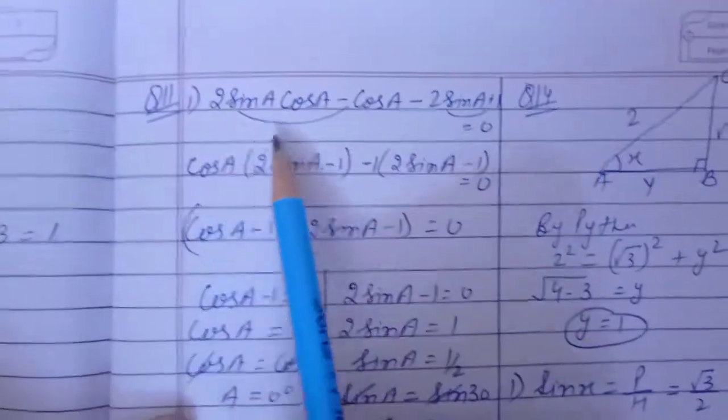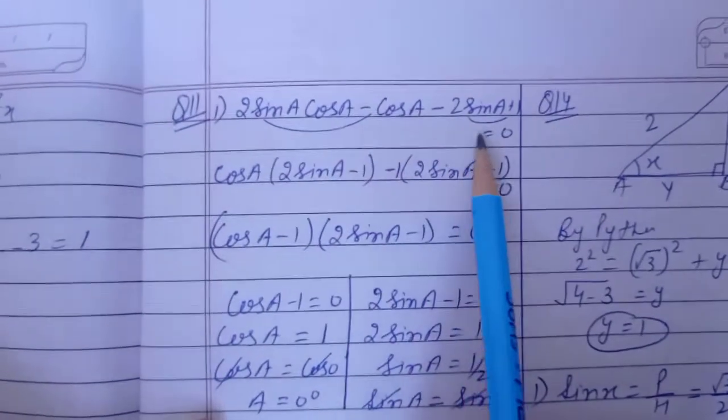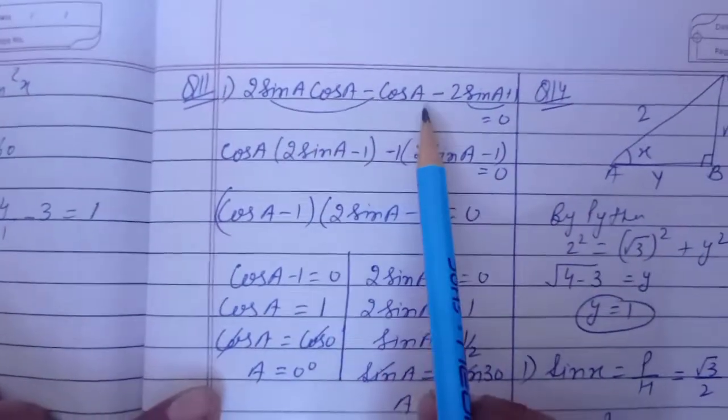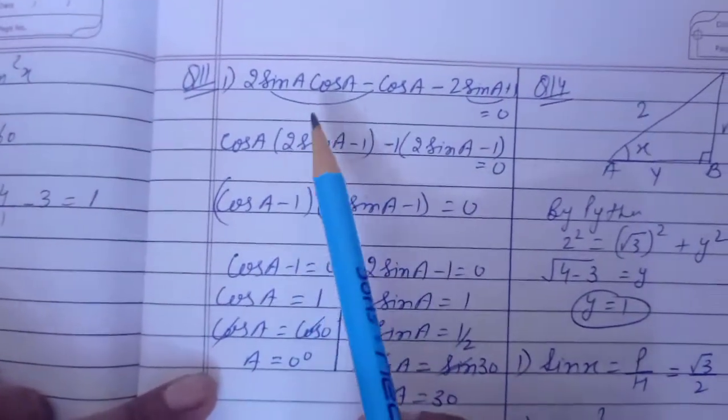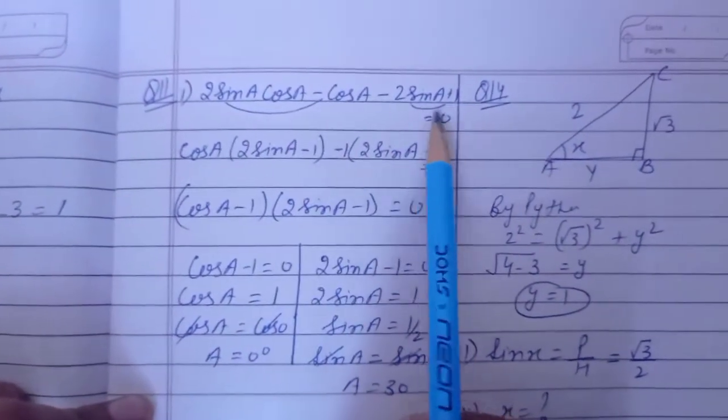11th question. All the parts are very important. So, understand it carefully. This is the expression. No angle is given. Value of angle A is not given. We are even asked to find the magnitude of angle A. So, this I did with the pairing method. Make pairs. Grouping method I did.